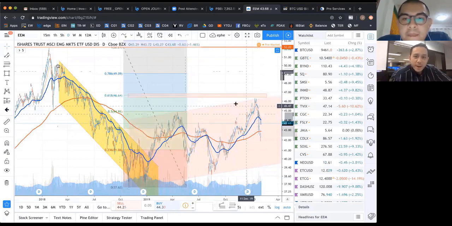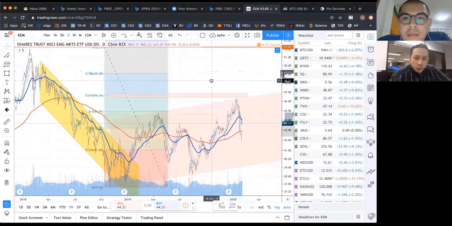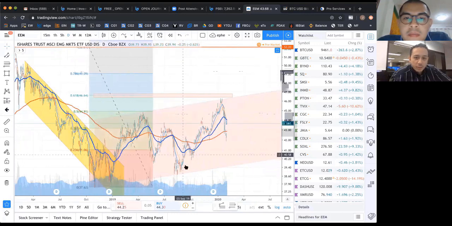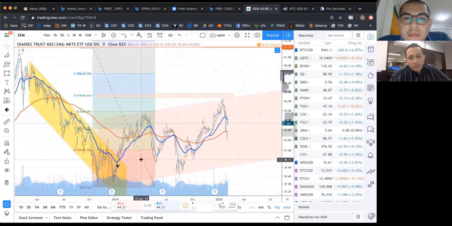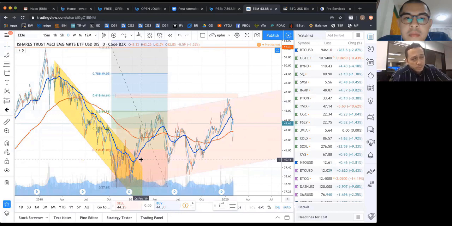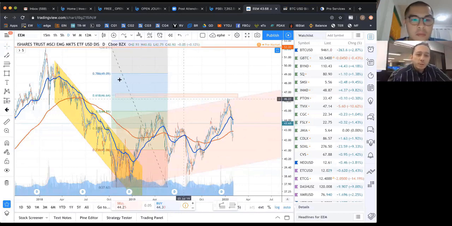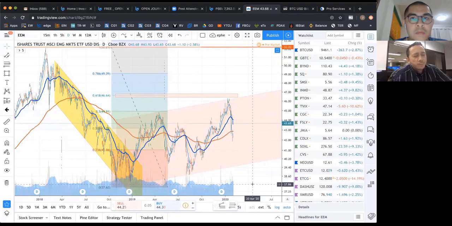And any corrective pattern is bounded by a DCS or a parallel channel over here. So my concern, or at least, it's not a concern, but one of the things I'll be watching out for moving forward is if this is your A, this is your B, and then you're now actually entering a C wave lower. Now, I'm not even going to mention what's driving it, but just looking at the evidence of price,